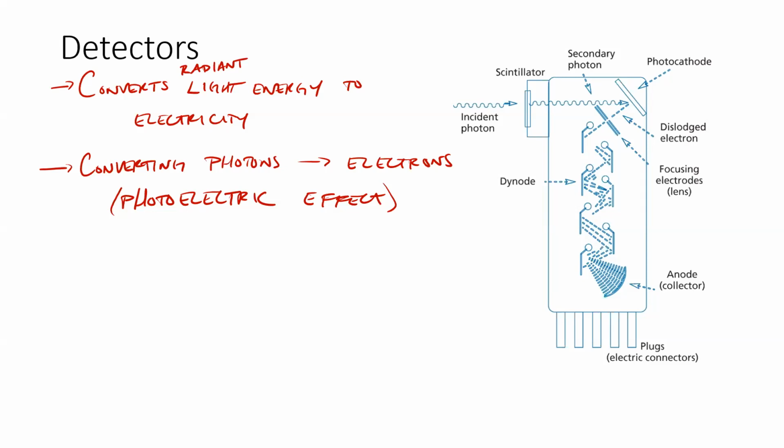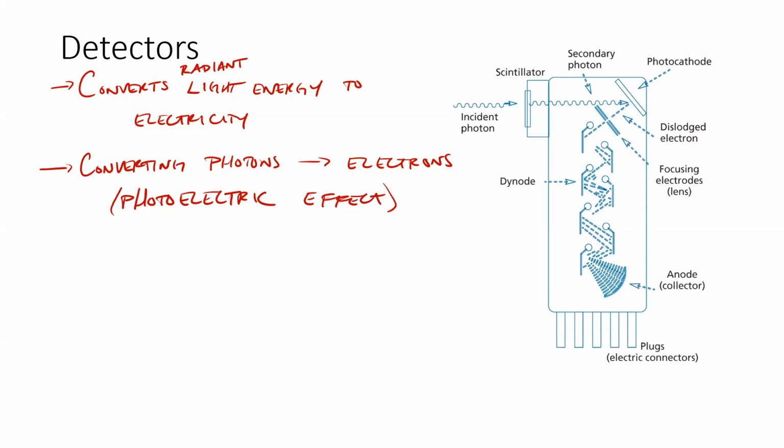We have to have some pretty high energy photons in order to do that. But luckily for us, UV-Vis photons do have pretty high energy, relatively speaking. We couldn't necessarily use a photoelectric kind of detector for infrared photons even, because they just don't have enough energy to pop off an electron. And so in this